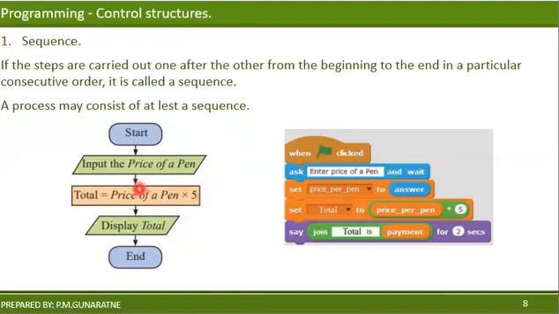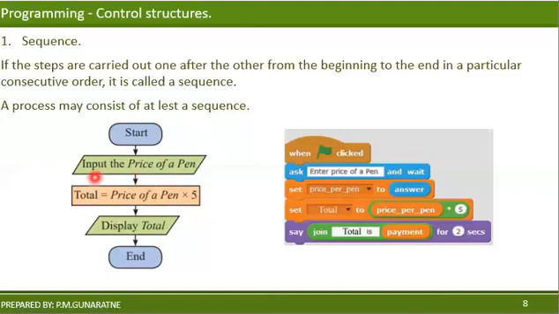If a pen is 10 rupees, 10 into 5, 50 rupees. So this is the sequence. First, it takes the price of a pen. Then it is a mathematical equation. I told you, you can write it in a process box or a calculation box. So the total, which is on the left hand side, equals price of a pen. Now you have the price of a pen because it will be executed first. Then that value will become here, and then it is multiplied by 5. Then there is an answer.